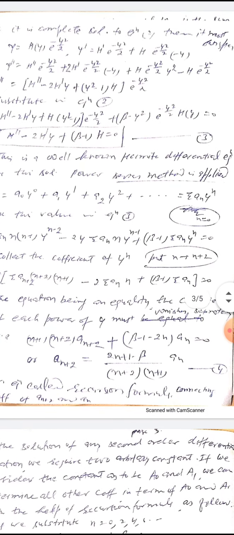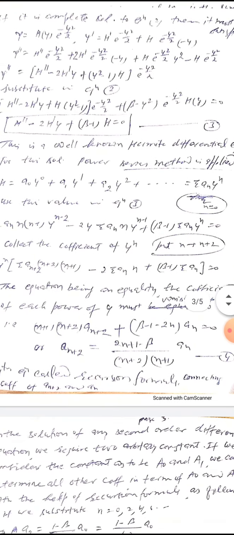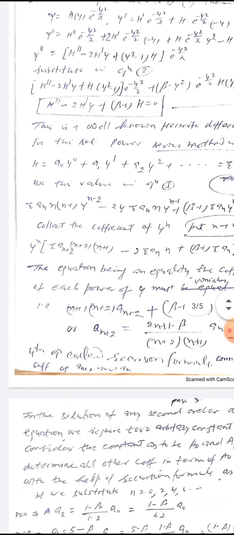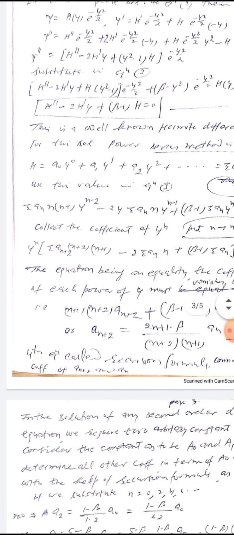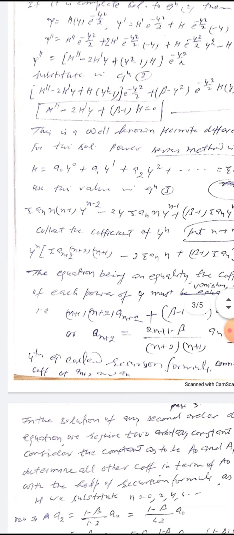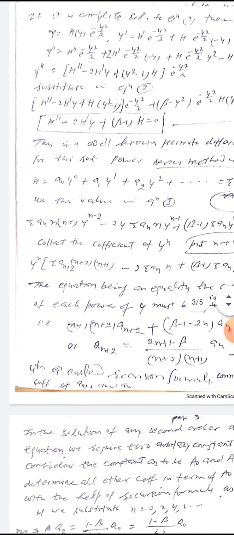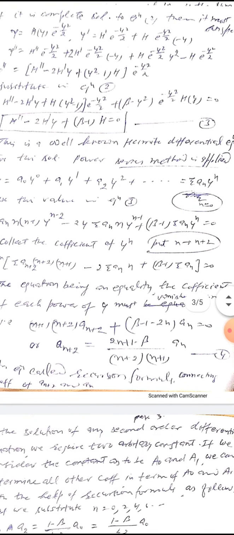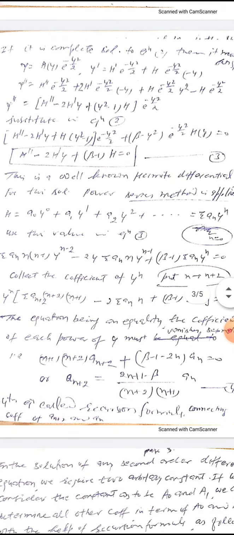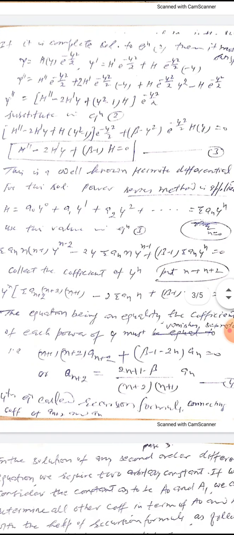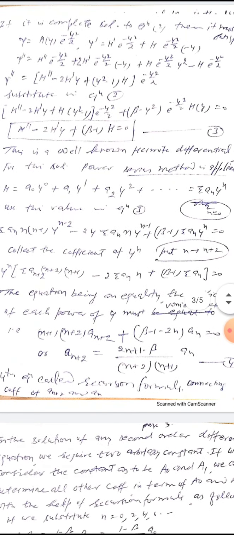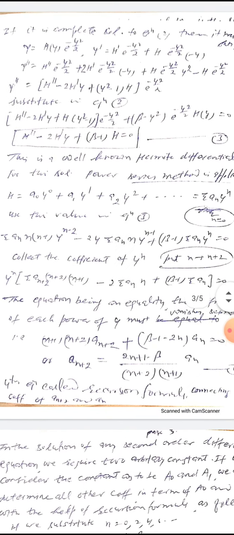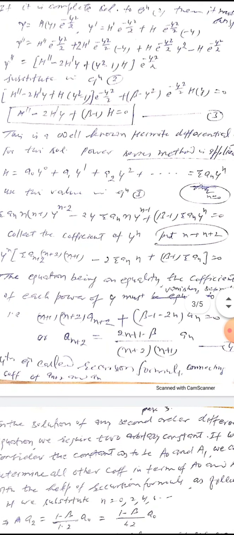In our syllabus, power series method solutions are not mentioned, but my advice is to at least note down how these differential equations are solved. If you feel any difficulty, you may ignore these solutions, but in that case you will have to remember the result. It is my advice to at least go through the solution. So this is the Hermite differential equation, and let us solve it by the power series method.